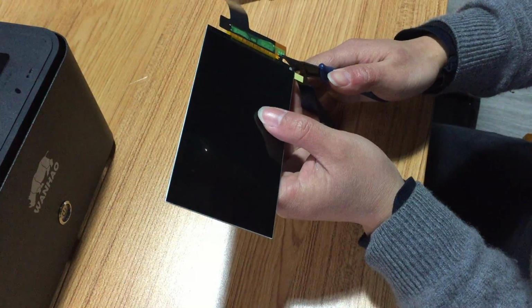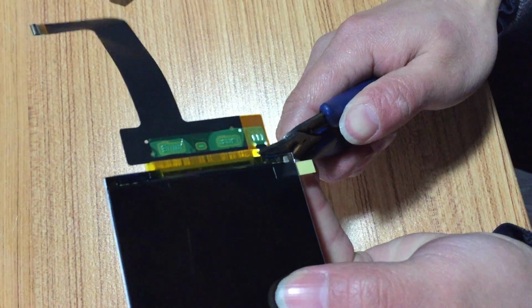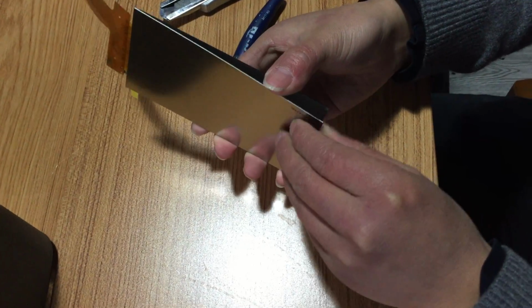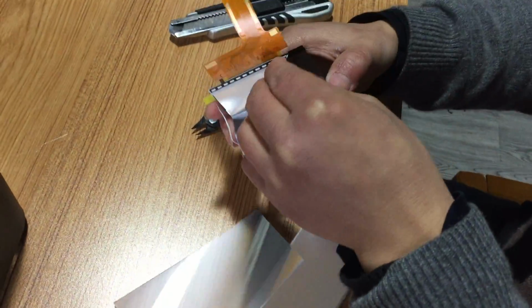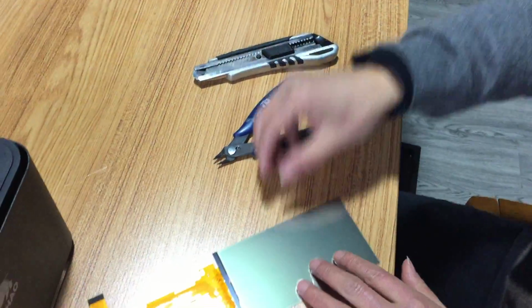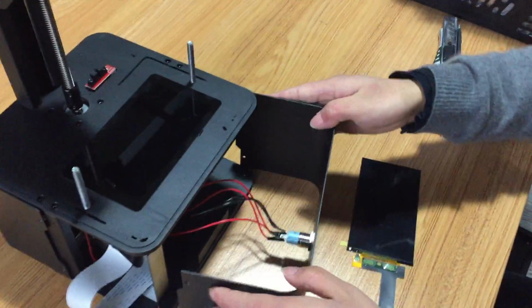First, you cut only the black line. There is one black line. And then you peel off this backlight. It's easy to get this off. Okay, and you get your